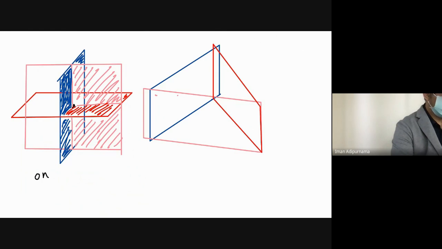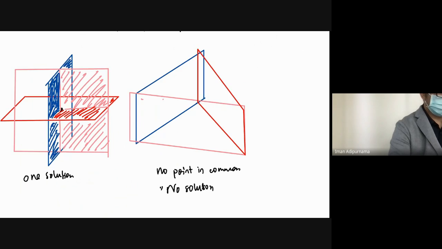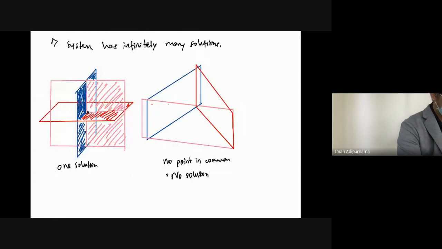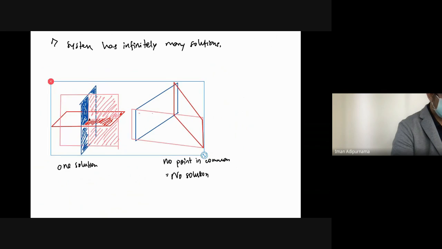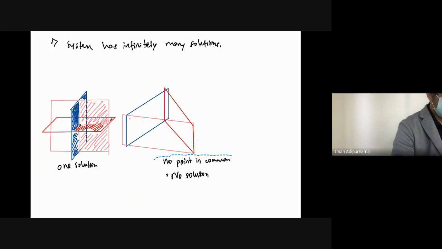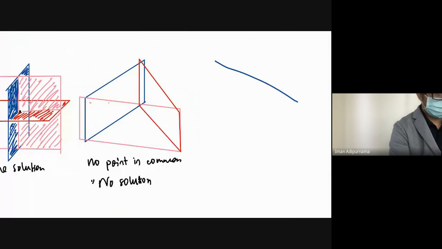So this is one solution. This has no point in common, so no solution. And let me maybe make it a little bit smaller. The third one,